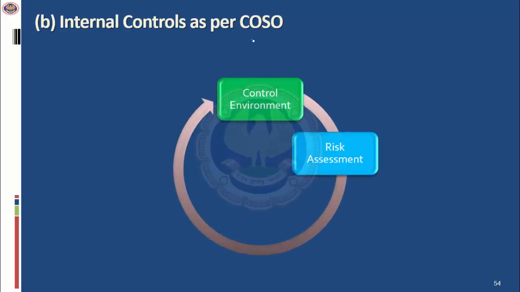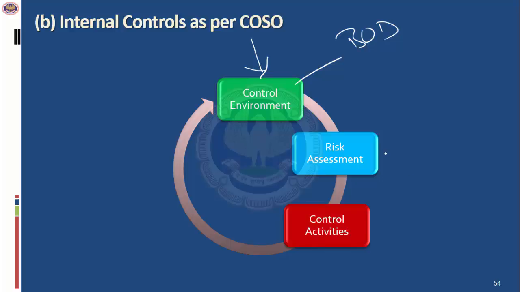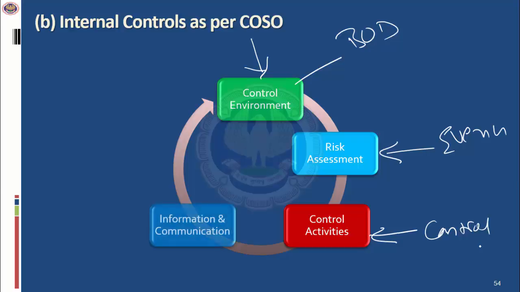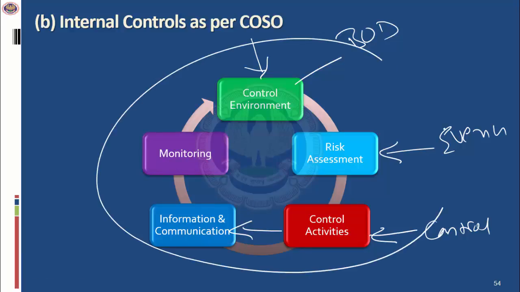So first of all, when you want to implement internal controls from a holistic perspective or from an ERM perspective, you need to have a control environment. The control environment is set by the board of directors or the senior management. There has to be risk assessment as to what can go wrong. You need to look at the different types of events which can happen. For mitigating this, you need to have the right level of controls, and you need to ensure that these are communicated to all the employees, and you need to have a system of monitoring. And this is the complete structure of how internal controls are supposed to be implemented in COSO.